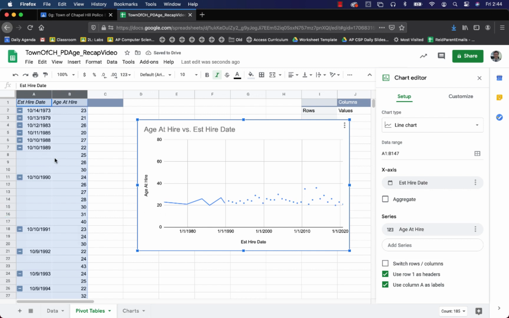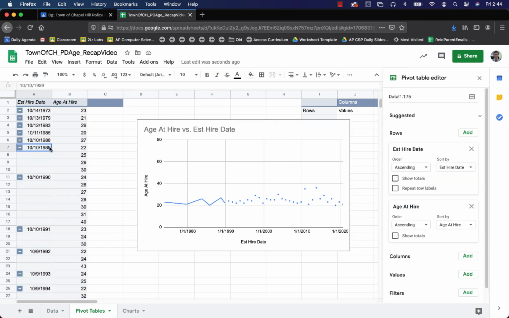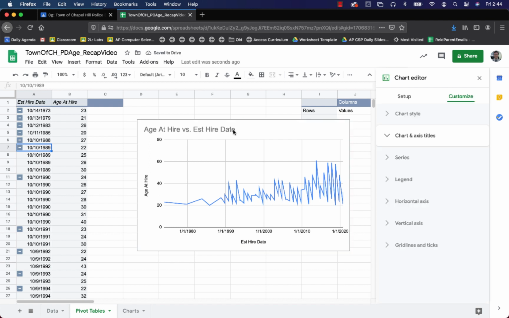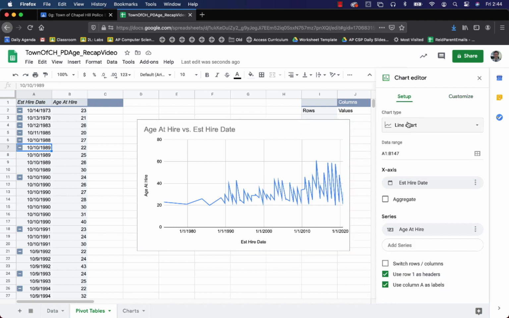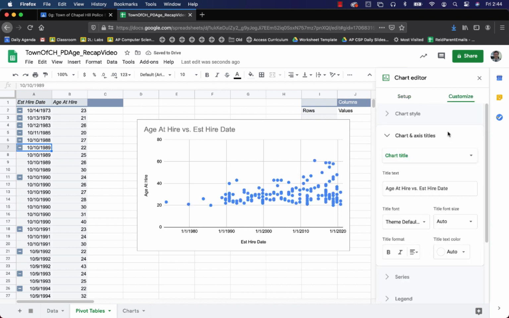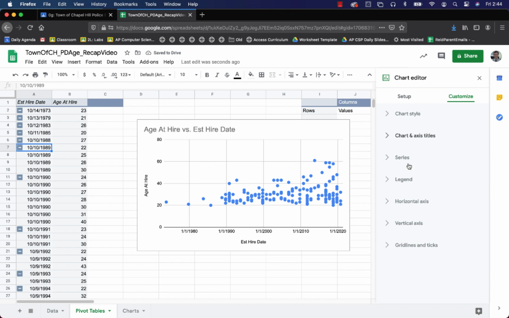So I have ages, but it's not showing the duplicates. So I need to repeat total row labels. And now look at my points. I see a lot more points. Come into my chart type, make it a scatter plot. That looks pretty good. If I add maybe a trend line,